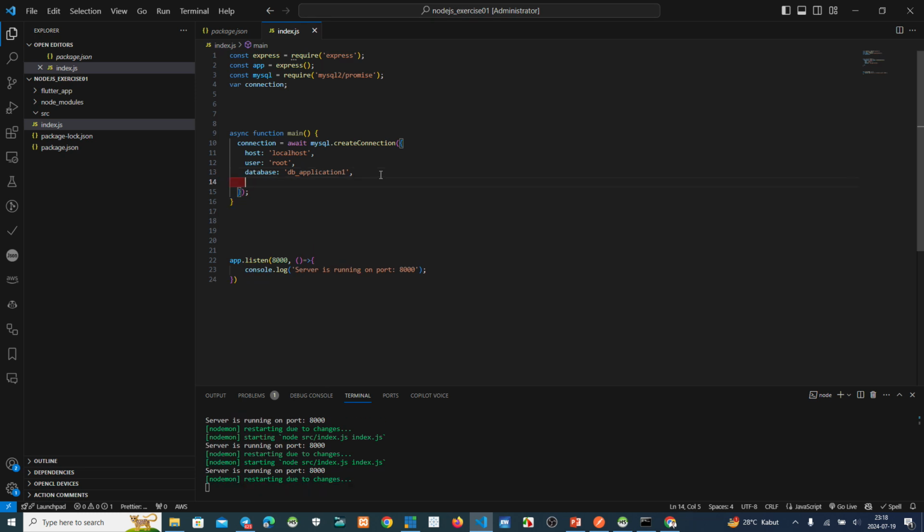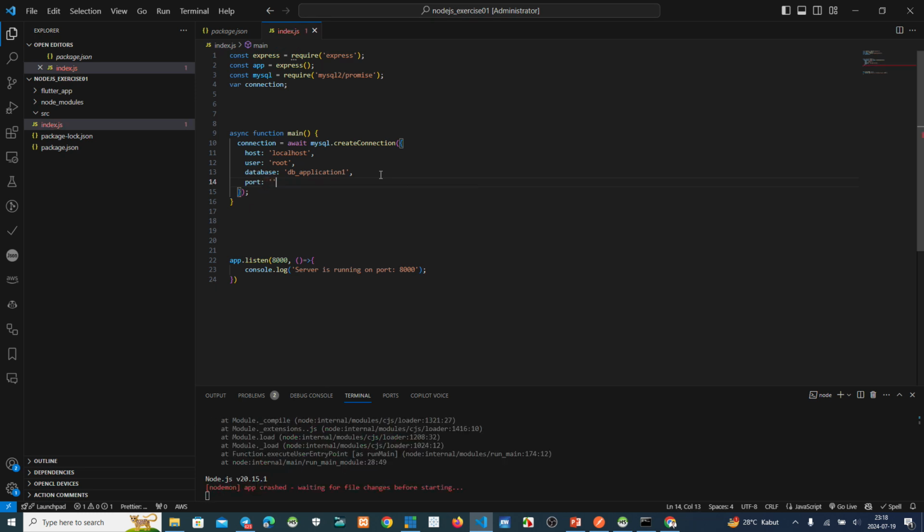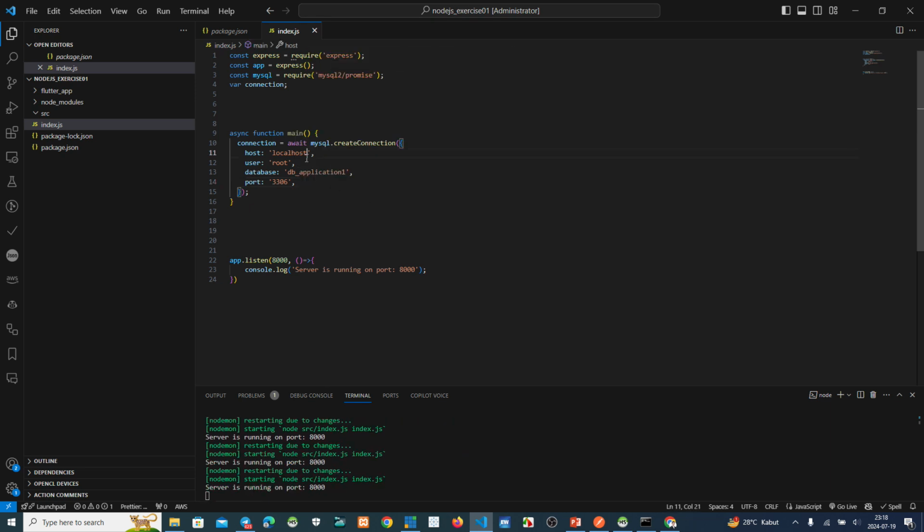Password, user, port. Port database. This one. Password.